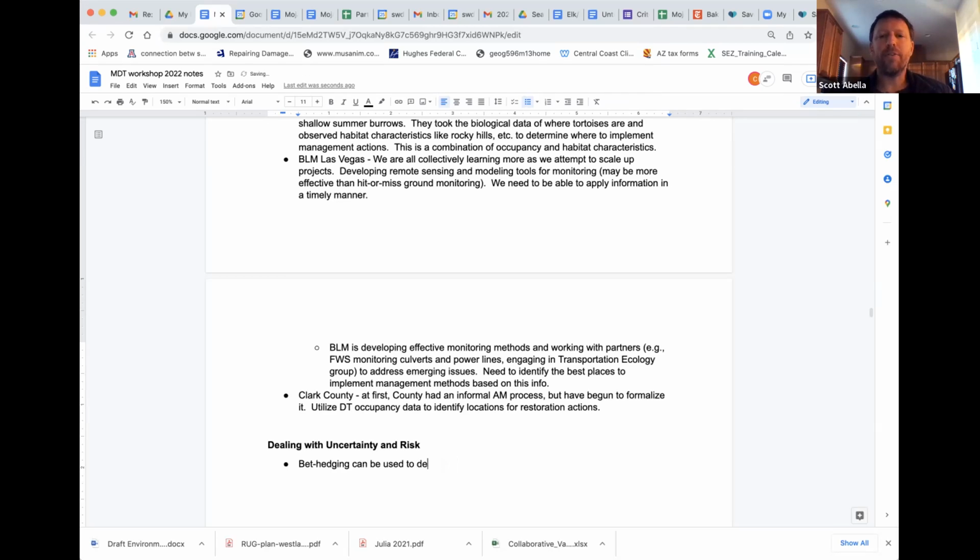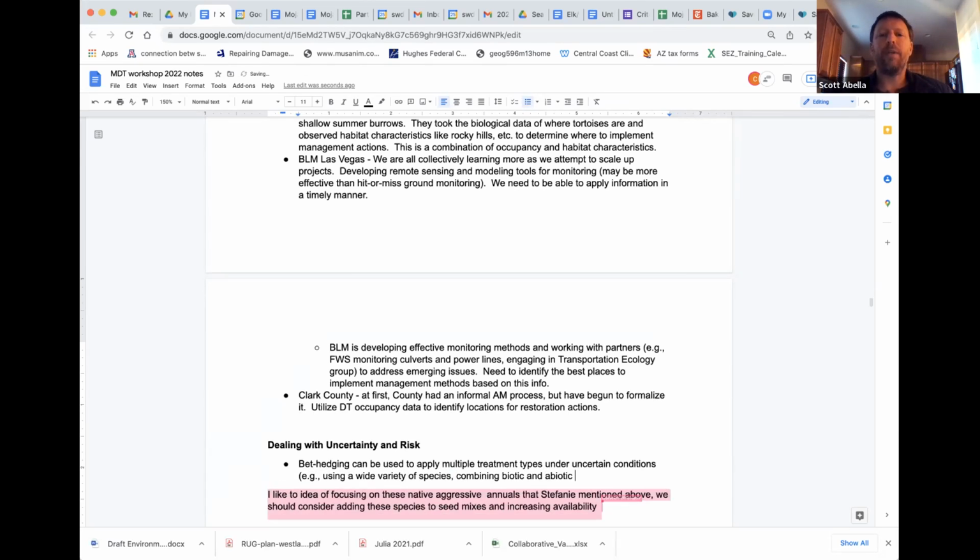So in the example we gave yesterday, it was using an abiotic restoration treatment, the vertical mulch, which worked really well in a year that was very low rainfall and all the outplants ended up dying. Some other examples of that could be using a wide variety of different species. A couple people have mentioned that in terms of the species selection, and relating to Judy's talk yesterday, that's also a bet hedging approach. There are costs to that, of course, because then more plants have to be dealt with for plant materials development,